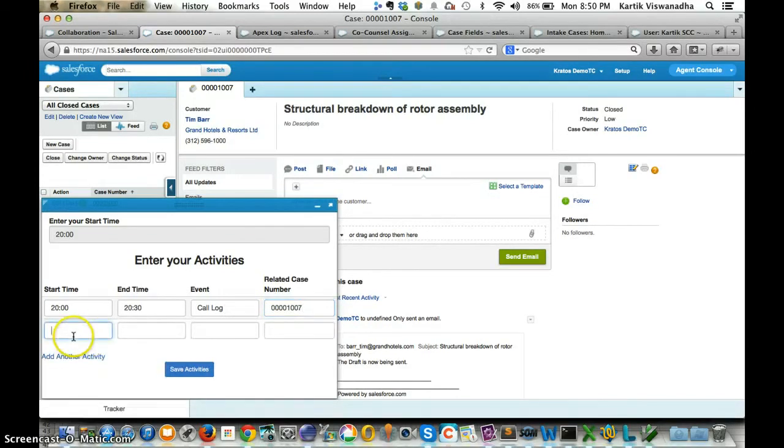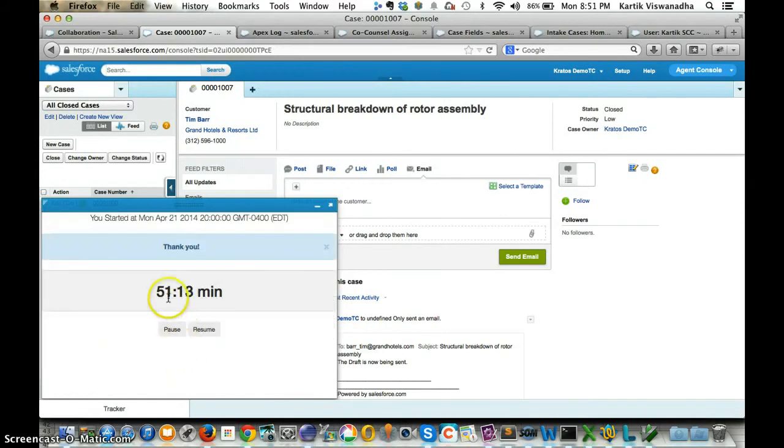You can add another activity, and you can save the activities.